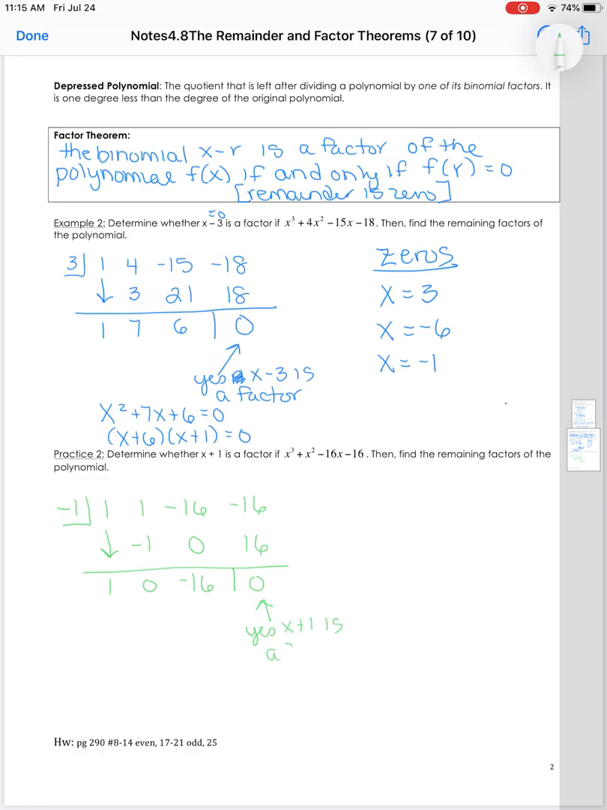All right, second one here, final one. It says determine whether x plus 1 is a factor. So -1 goes in the half box. We've got 1, 1, -16, and -16. 1 comes down, multiply, add, multiply, add, multiply, add. So yes, x plus 1 is a factor. Let's take what's left. So we have x squared minus 16. Set that